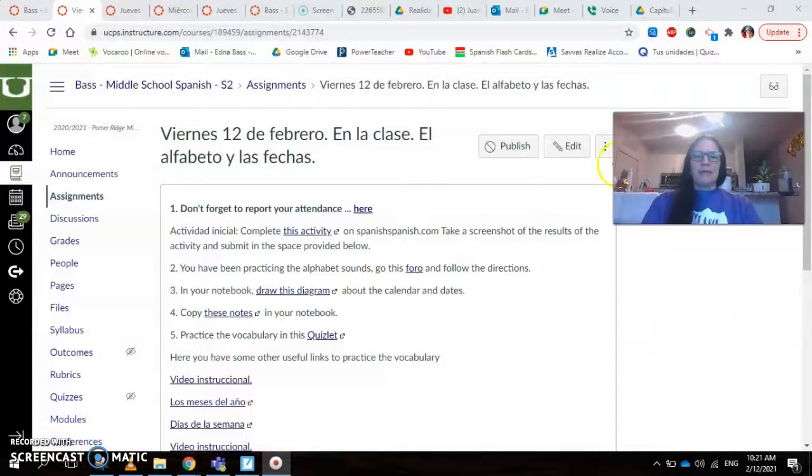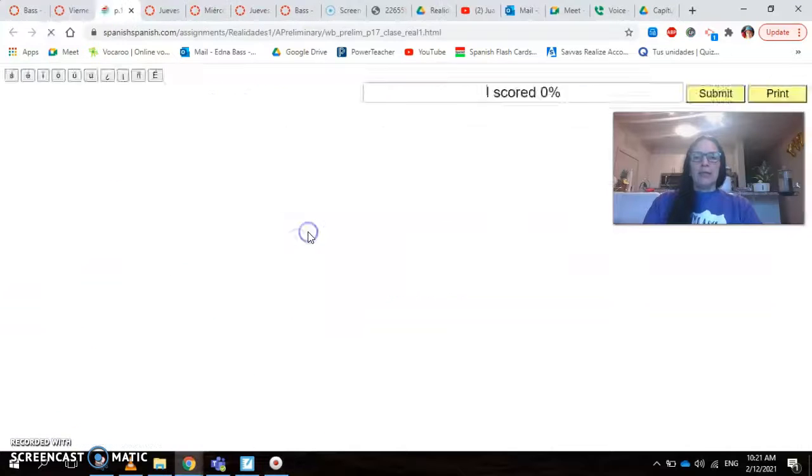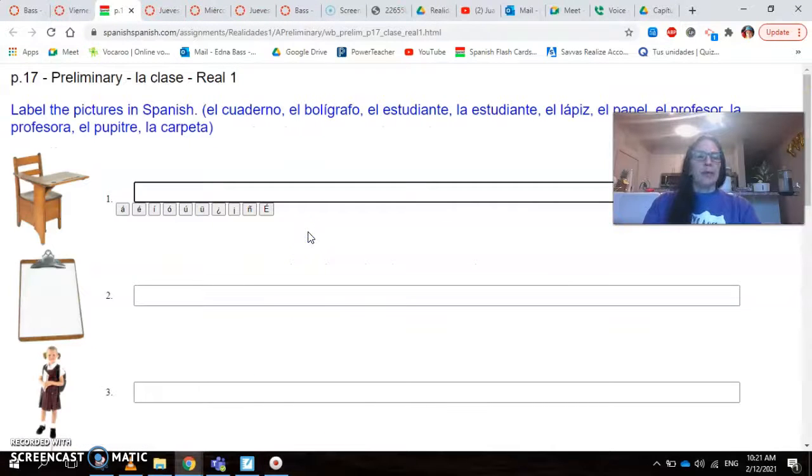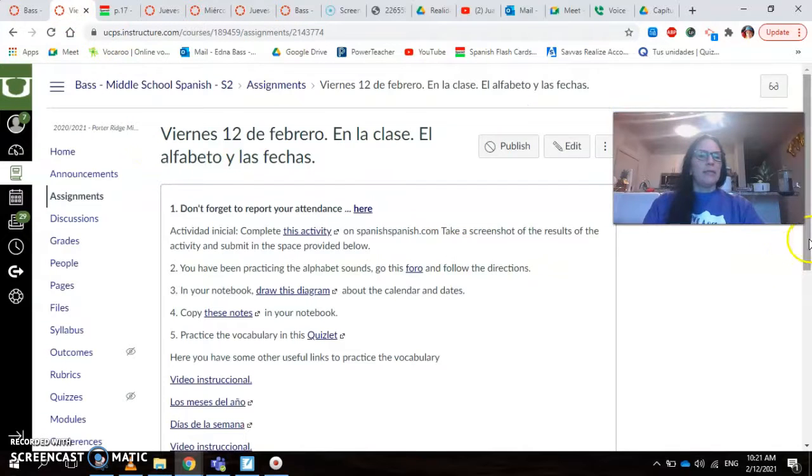Let me move this up here. Okay, first thing you're going to do, report your attendance. For your actividad inicial, you're going to complete this activity. You click right here and it takes you to SpanishSpanish.com. You're going to complete this activity with the new vocabulary. And then you're going to take a screenshot of the results and you're going to submit it right